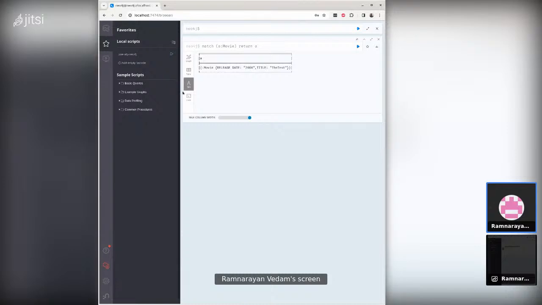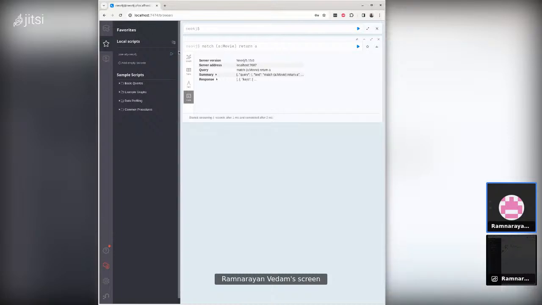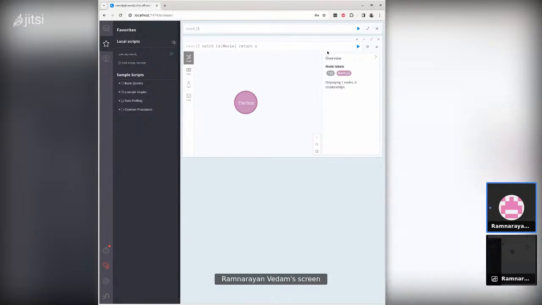And for folks using the query database, this is how it will look. One of the nice things about the Neo4j browser is it tells you what query you ran, the summary, and what the actual responses are. Okay, so that's pretty cool. We figured out how to create stuff. We also technically know how to run selects, but we need to add selects in. But before we do that, let's see if we can add this API into